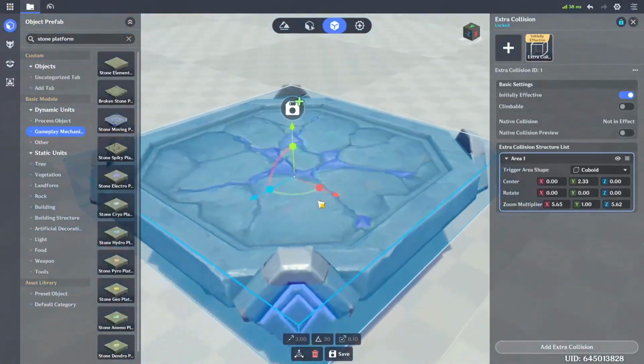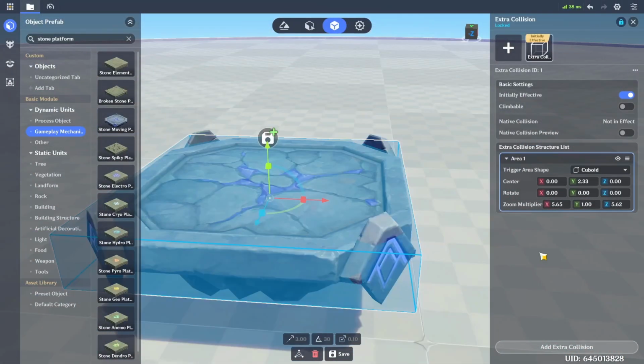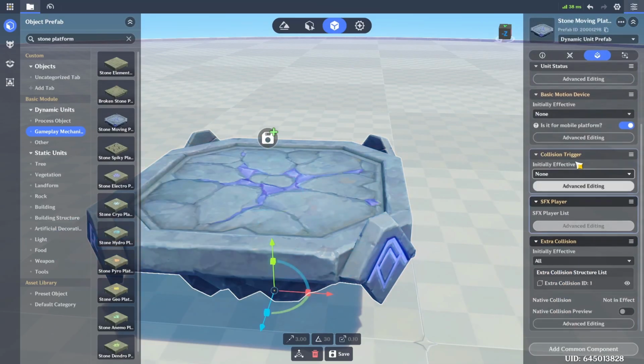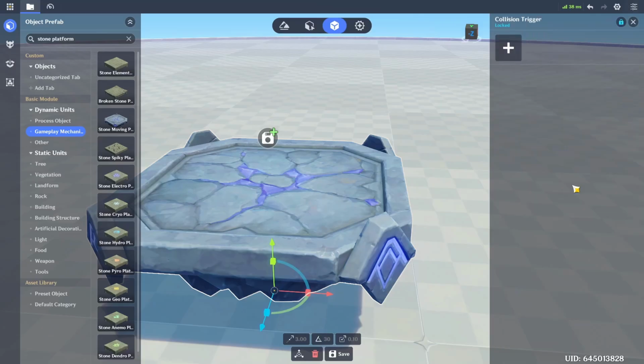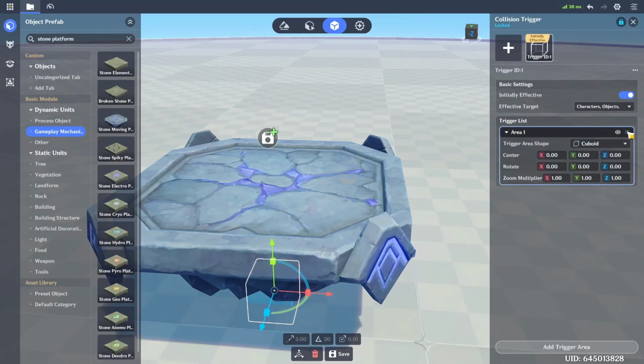All right, that should be good. I'm not too concerned about the corners. All right, let's go to these three dashes here, hit copy, and we're going to copy our extra collision into our collision trigger right here. Hit advanced editing, add it, click that,